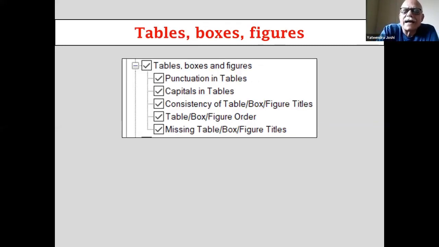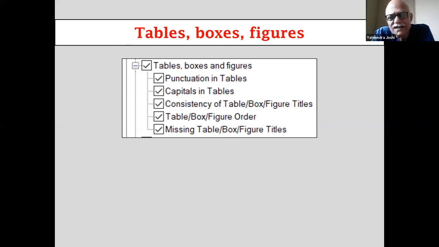Then if your documents have adjuncts like tables or boxes or figures and so on, it will run through all of these. It will check whether they are in series. Very often, when a research paper comes back from a reviewer, the reviewer may suggest that the author delete some tables or insert some tables.